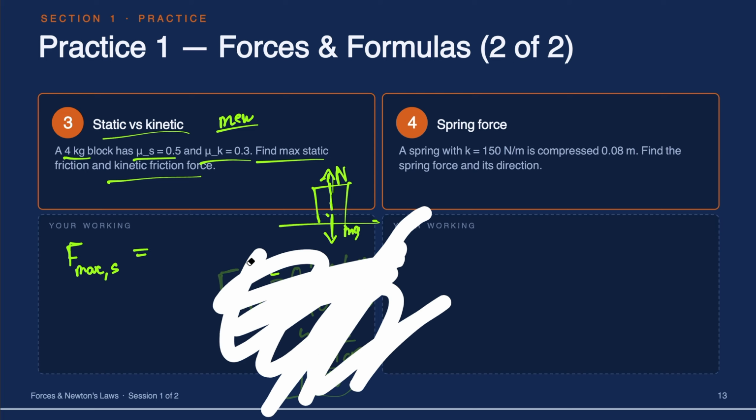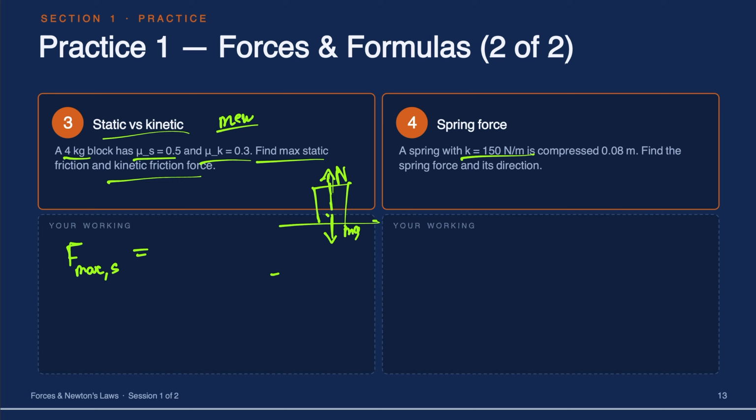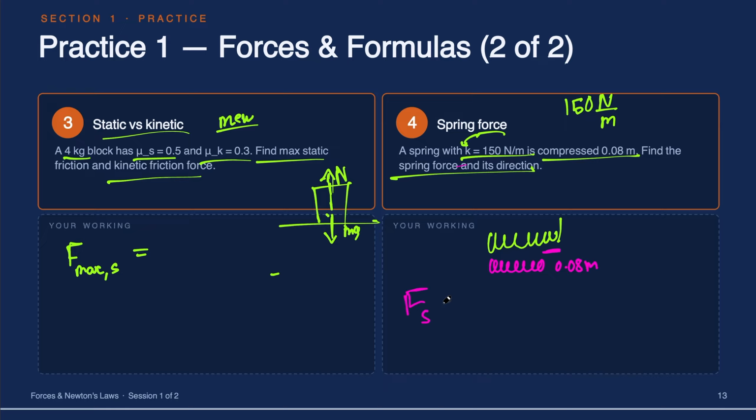So a spring with a spring constant K of 150 newtons per meter is compressed by 0.08 meters. Find the spring force and its direction. Okay, so assume a spring at natural length here, and then it's compressed like this. The distance compressed is 0.08 meters. So what is the spring force going to be? Force of the spring is K, which is